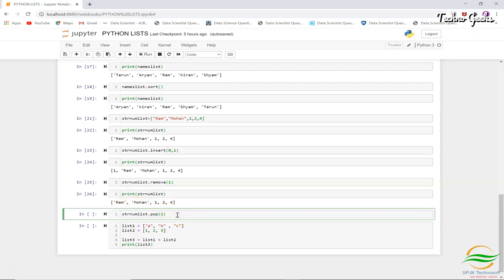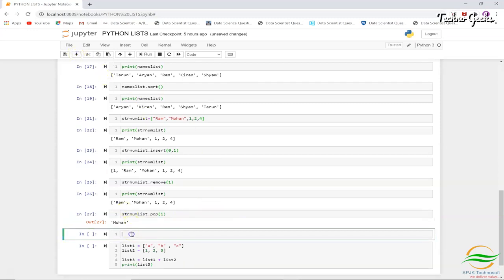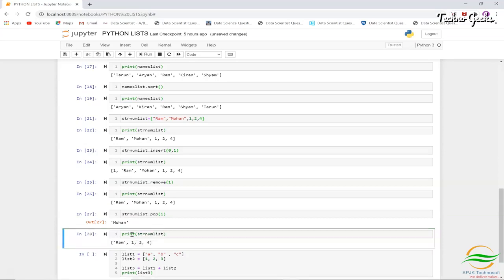So if I say strnumlist.pop(1), you see Mohan is removed. And if you want to see whether this is really removed or not, we can say print strnumlist. Okay, you see now Mohan is not there, Ram, 1, 2, 4 is there. Like that you can do it.